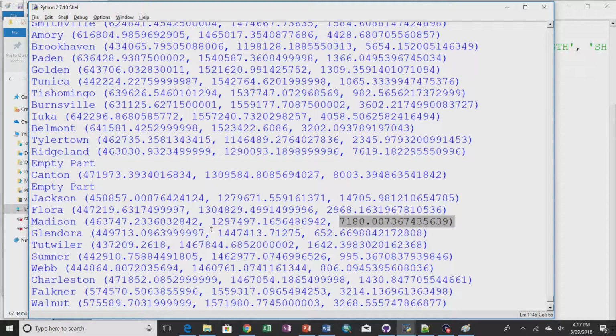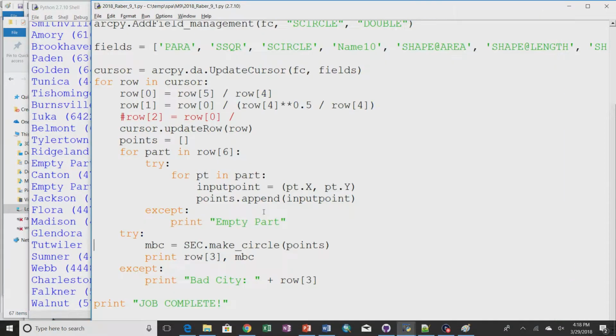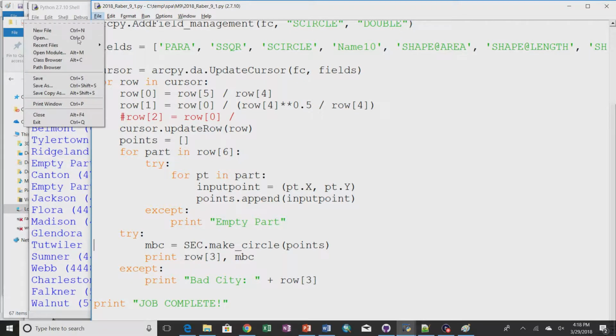That point geometry is going to be a circle that just barely circumscribes that polygon, and it's going to be the smallest one that could possibly circumscribe that polygon. Okay. So to do that, we could go to